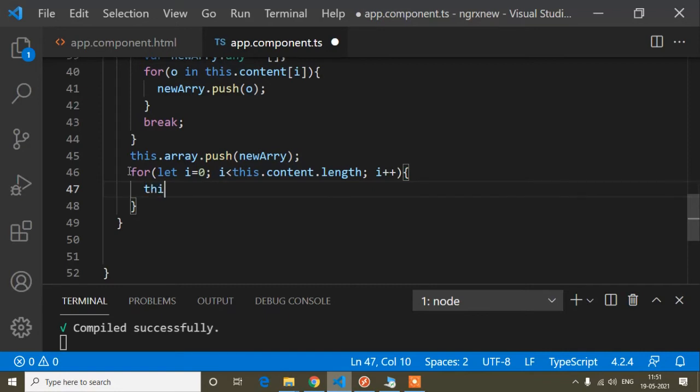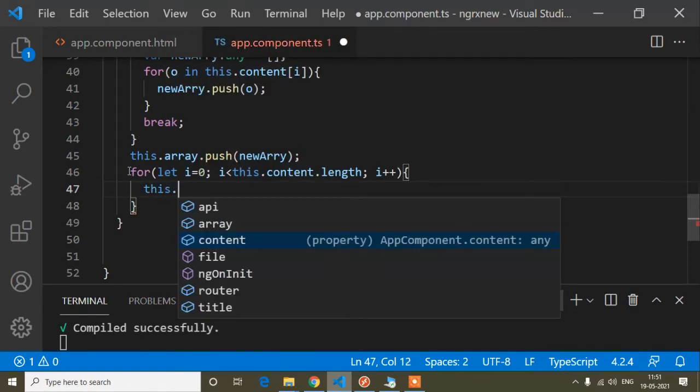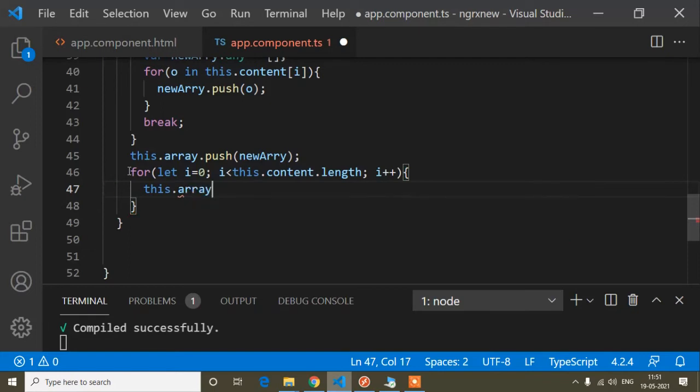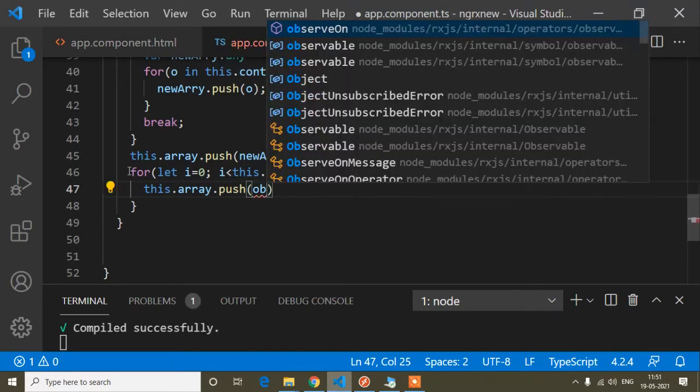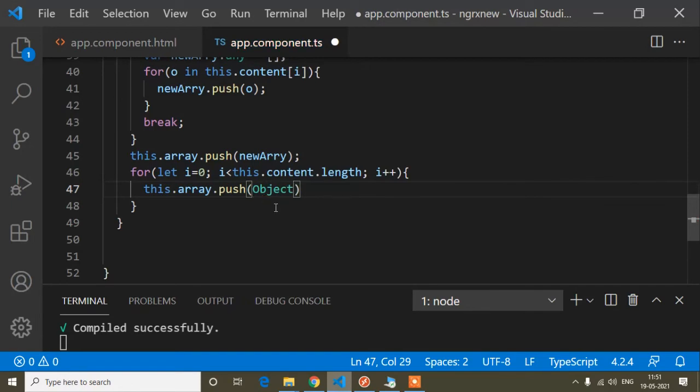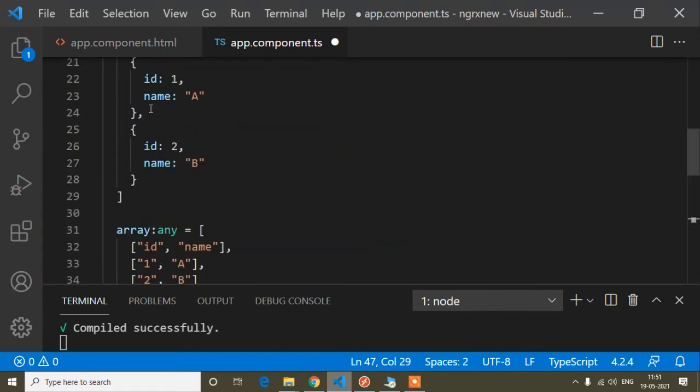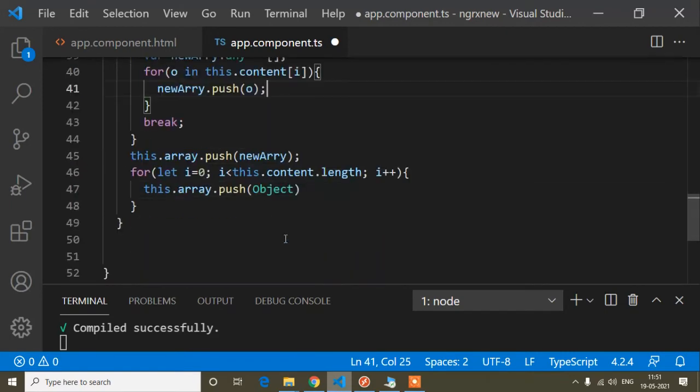And here this dot array dot push. Now here I will push that object. This is the predefined JavaScript keyword object, because I need the values now, this ID and name's value. So here I have written object.